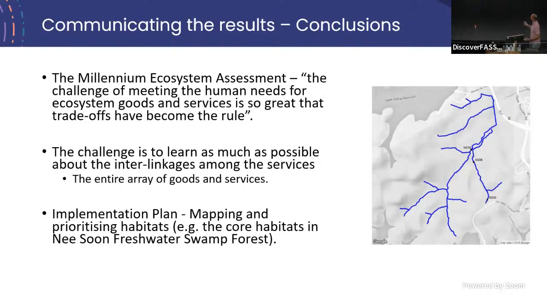So our recommendation to NParks is to think a little more about what core species, zones or habitats we can conserve. These are the things we need to think about. I'm not going to go into it here because we're lacking in time, but these are the questions: which core habitats do we really need to conserve, to protect and conserve our natural heritage?